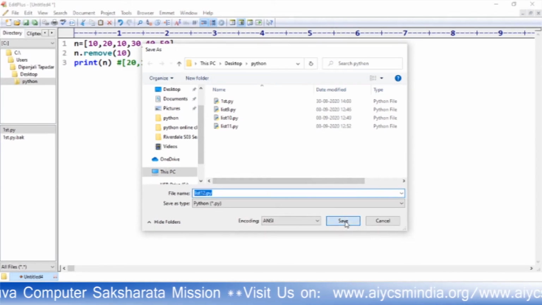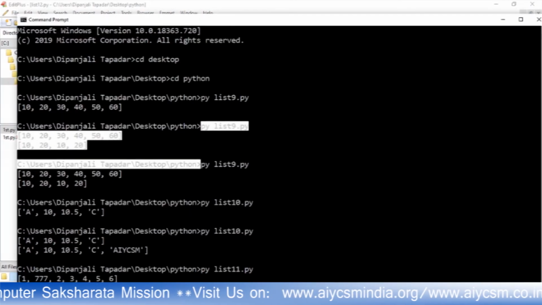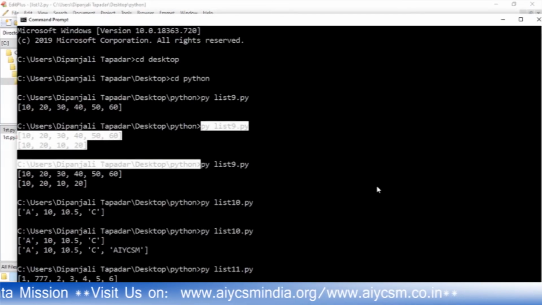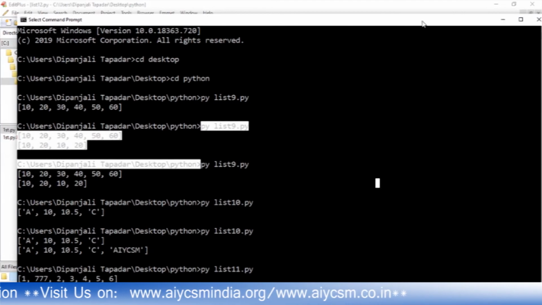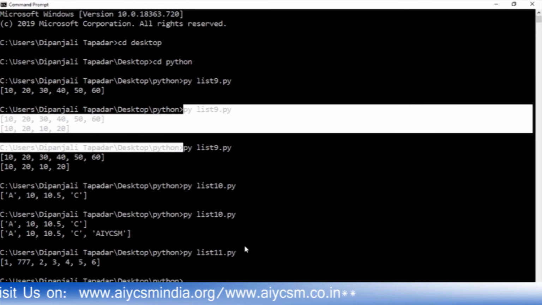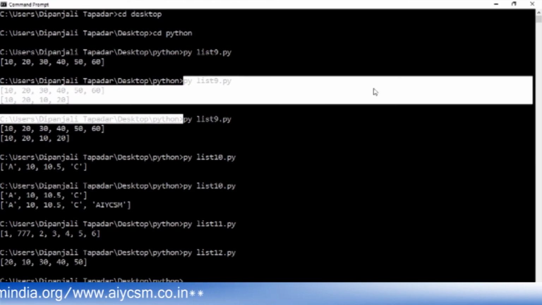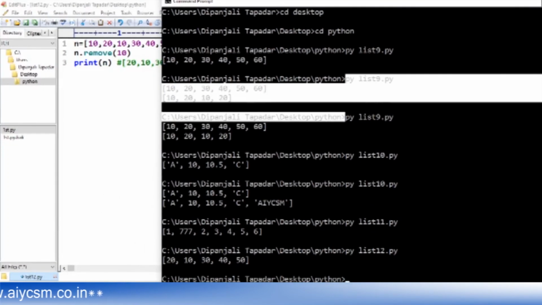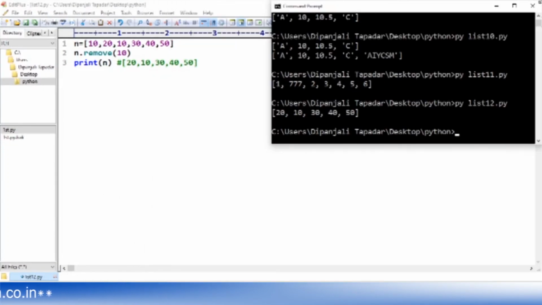Now I have to run it from my command prompt. This is my command prompt. This is list 12. Here it is. You will see that our output will be the same: 10, 20, 30, 40, 50.